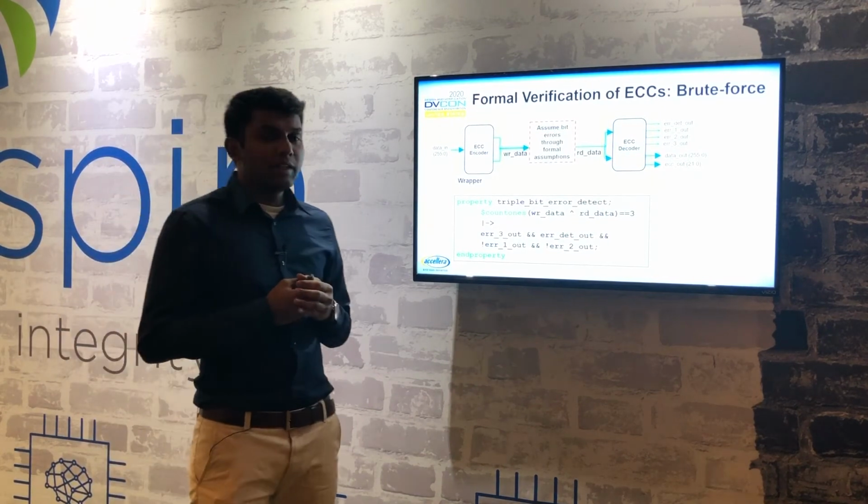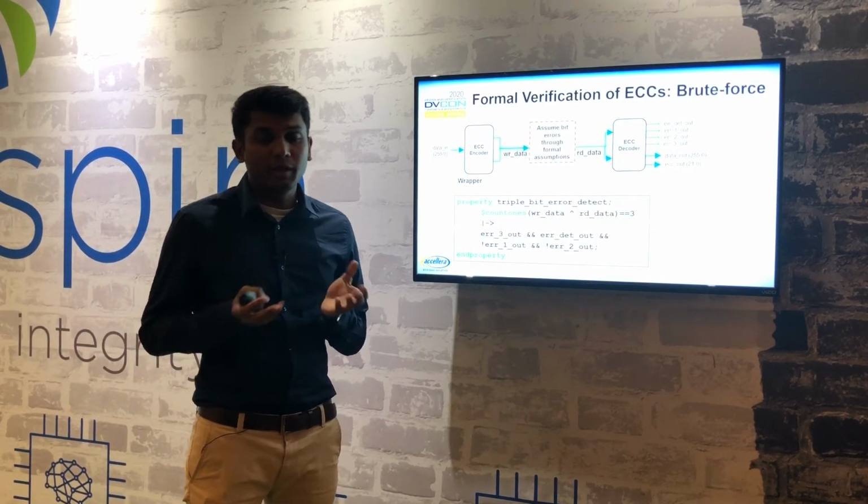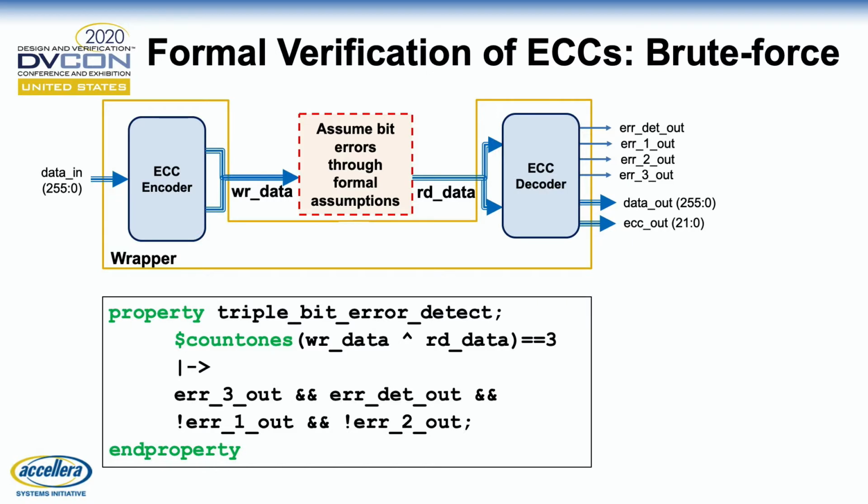We call this approach brute force because we are not implementing any optimizations. We are just giving the problem to the formal tool and asking it to solve the problem. What I am showing here is an SVA property to detect all 3-bit errors, triple bit error detect. This property is written in SVA syntax, and what it is saying is, $countones is an SVA system task which takes an argument and returns the number of positions which have a